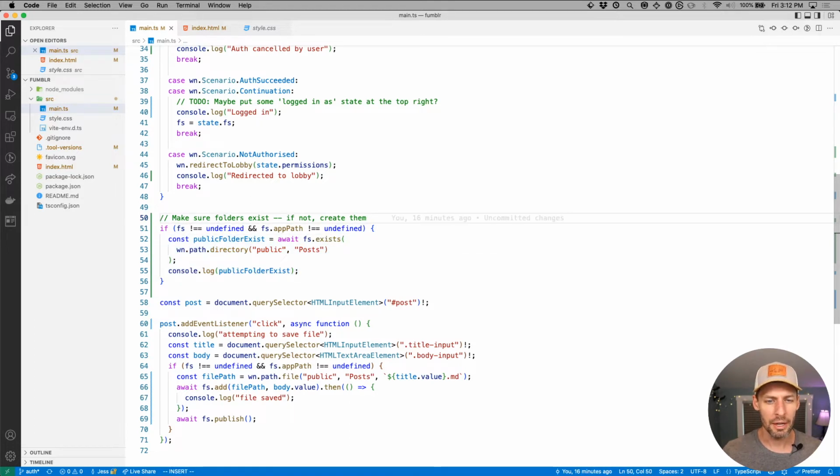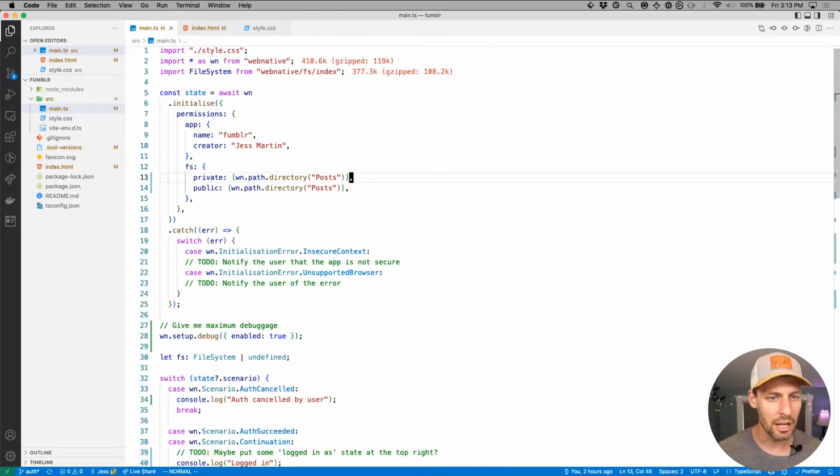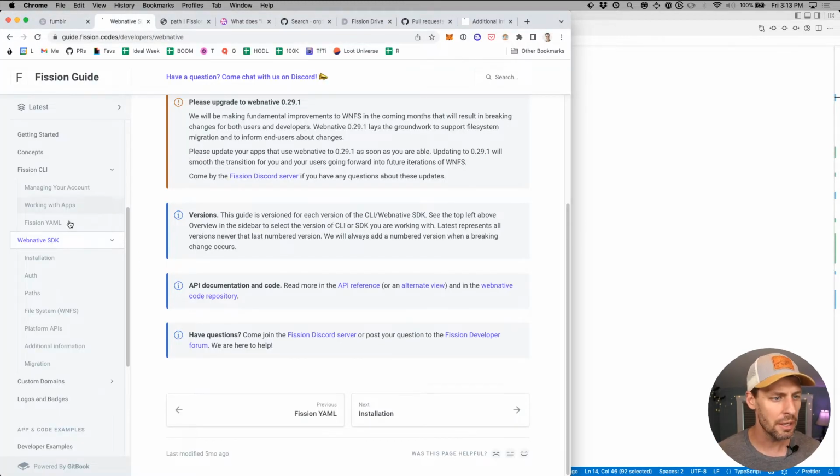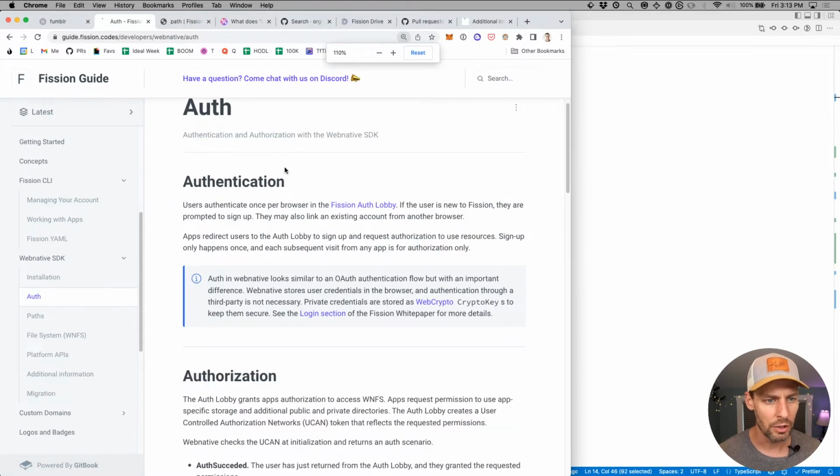I was thinking that maybe I needed to create them if I didn't have access to them. I think that's probably false, that I don't have to create them. But I'm not entirely sure what is happening when I ask for permission to these particular things. Does it create the directories for me? I would think it would have to, but it doesn't specifically say that, at least not anywhere that I could read it. So if you're over here in auth,